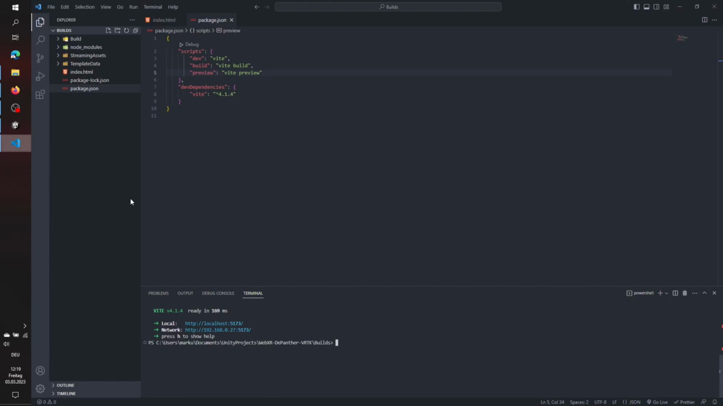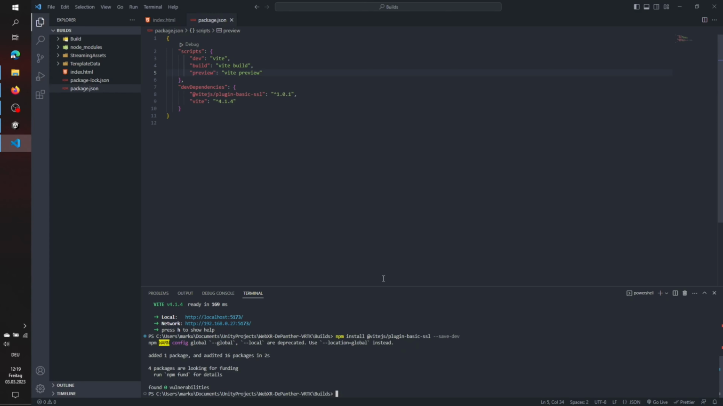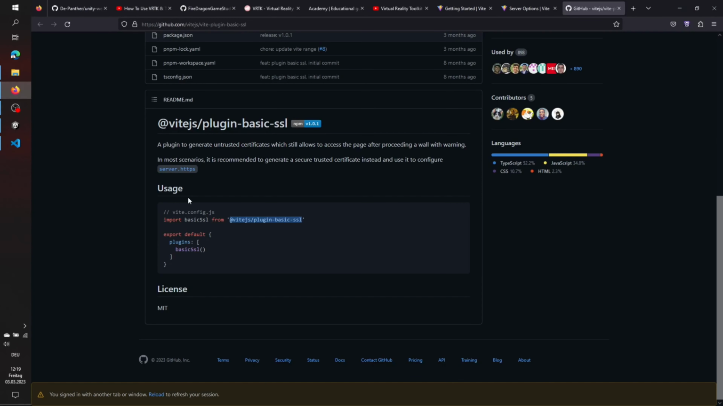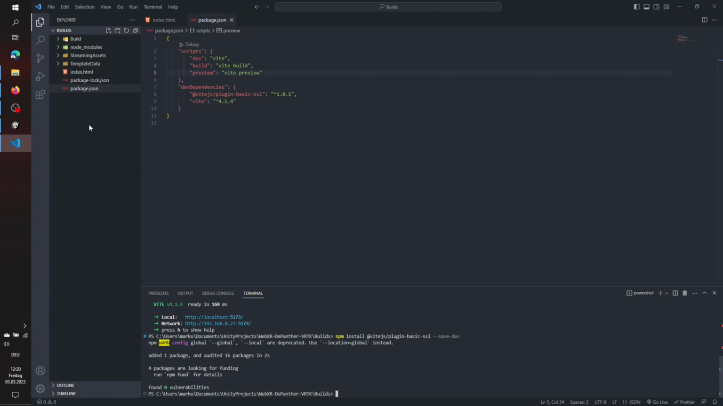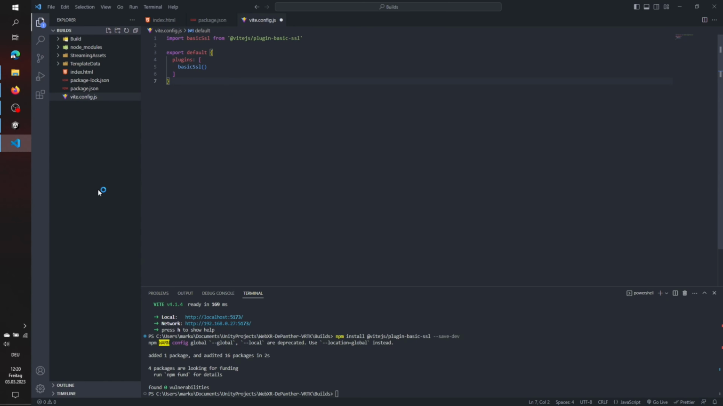Go back to our Visual Studio Code, npm install insert and --safe-dev to get it into the safe development dependencies as well. And as you can see, it's installed here, version 1.0.1. Okay, that's fine. And as the GitHub repo states, we need a vite.config.js with this content to import it and to use it. Just right-click, new file, vite.config.js, paste the code, save it,